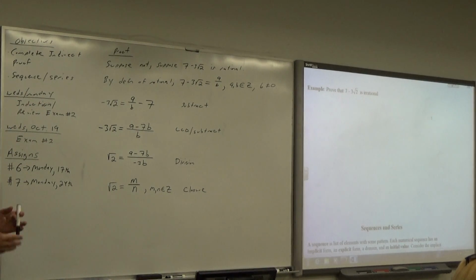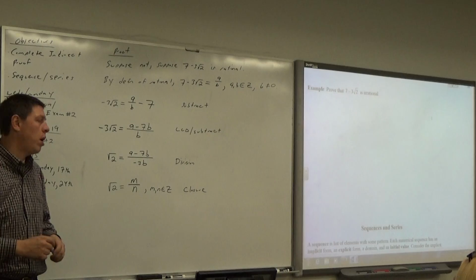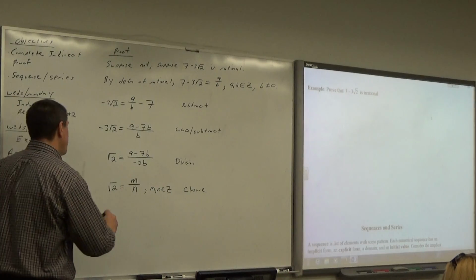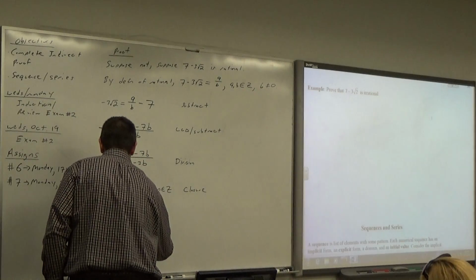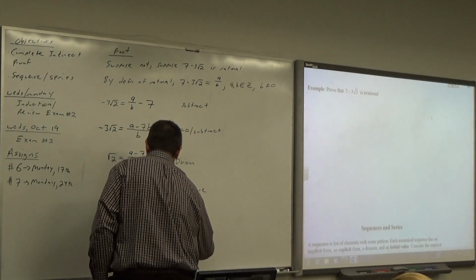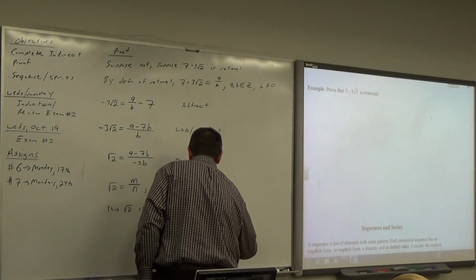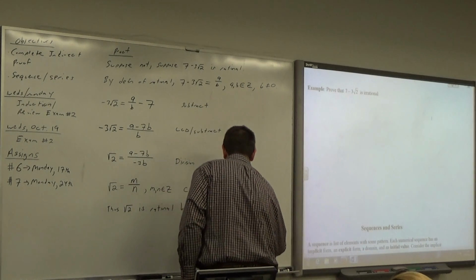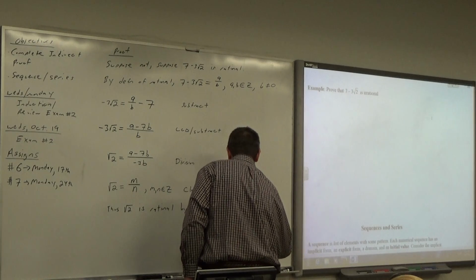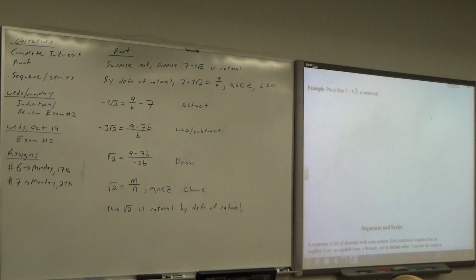I think it's a good approach when you're dealing with irrational numbers. Solve it for the irrational, and hopefully it equals a rational number. So here's how we can close this out. We can say, thus, root 2 is rational by definition of rational. As Mr. Weber just said, well, that can't be possible because we just spent 20 minutes